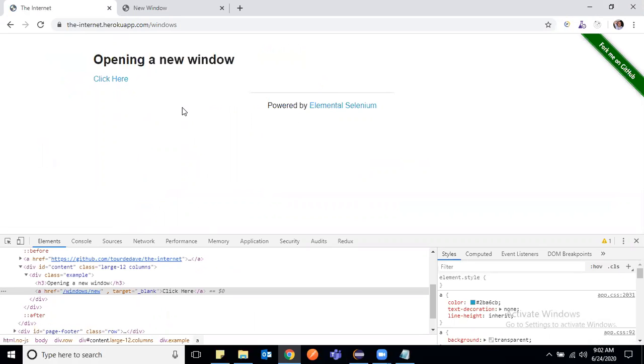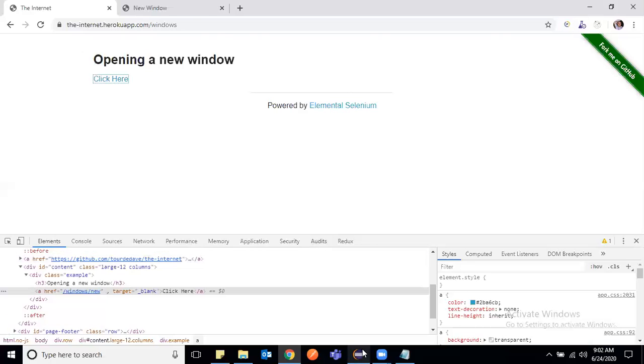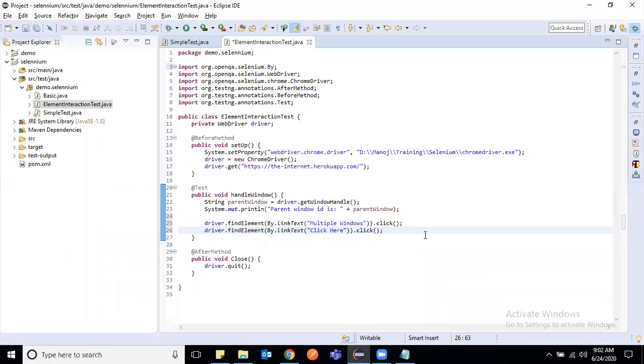It is a different page in the application, but it's the same window. After this, if I click, then it will open a new window, so that becomes a child window. Once we click, we have to see how many windows are available currently.